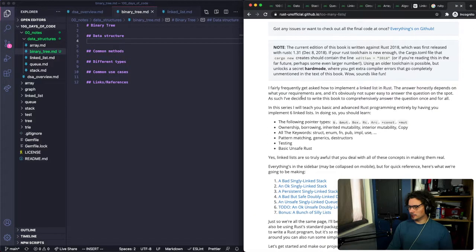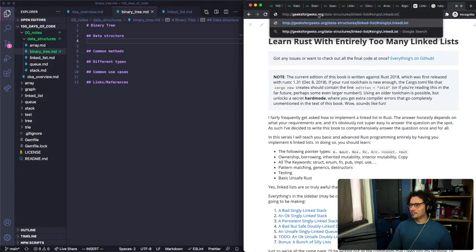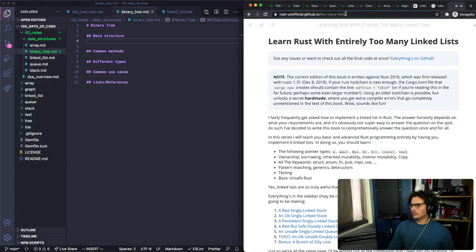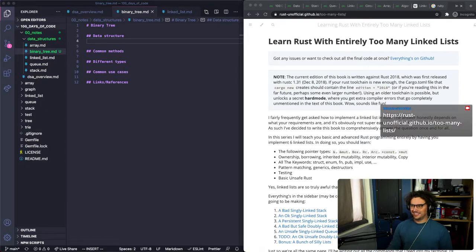Yeah, I think this was the one I started looking through. I just read through it and tried to implement a couple of them, and it was rough. Learn Rust with entirely too many linked lists.